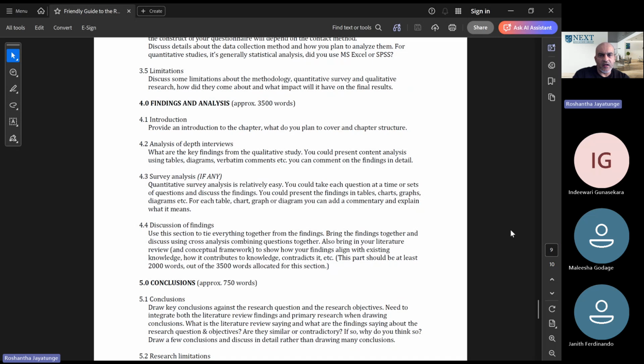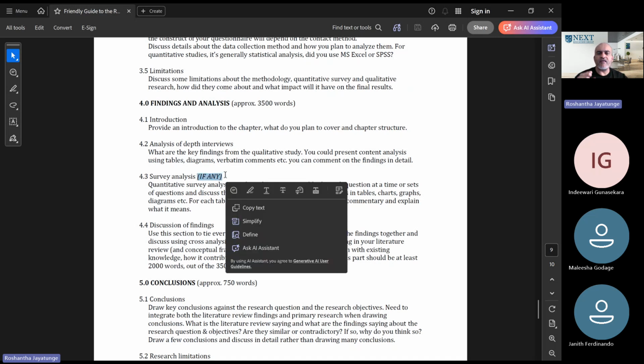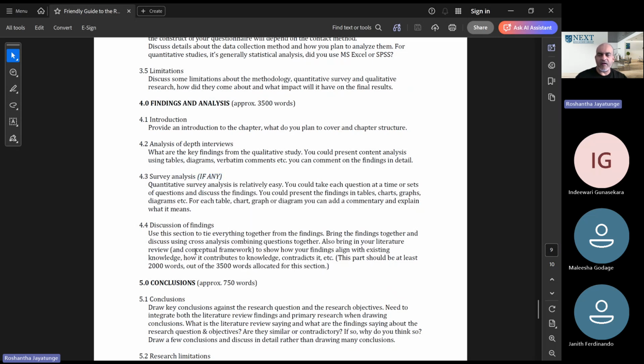Then if you look at another way of doing it, in your discussion as you write it or as you talk about that particular question, you can use inverted commas, that means quotes, and quote a direct sentence the person said. All right. Normally when we do that, type it in italics like this. Okay. To show that it is something being said by somebody. And when you refer in the paragraph, you can say,